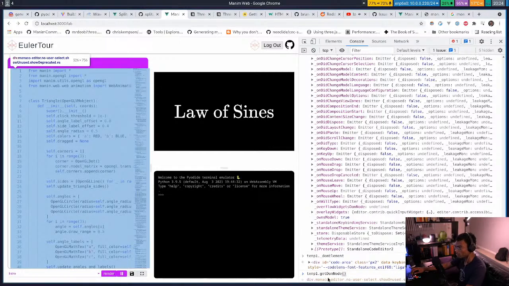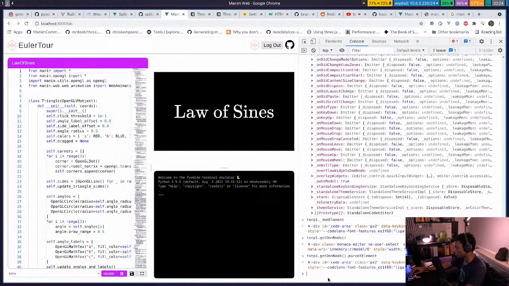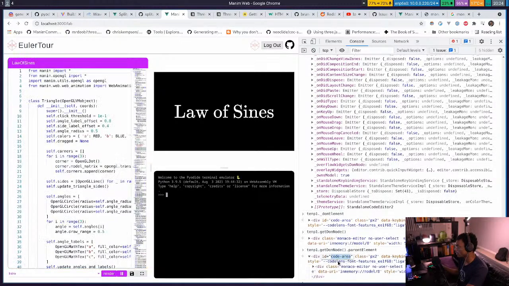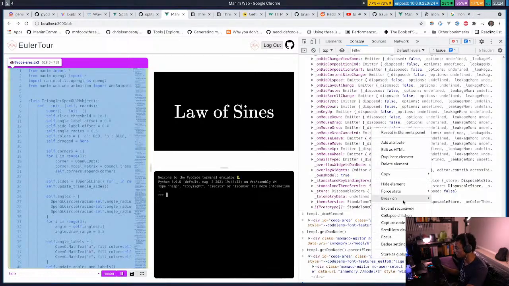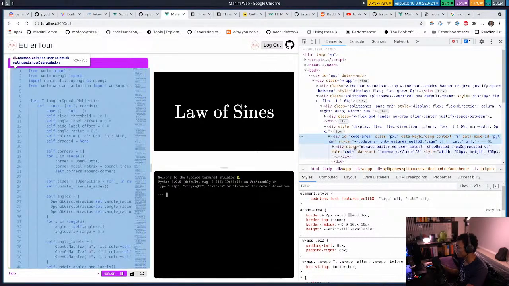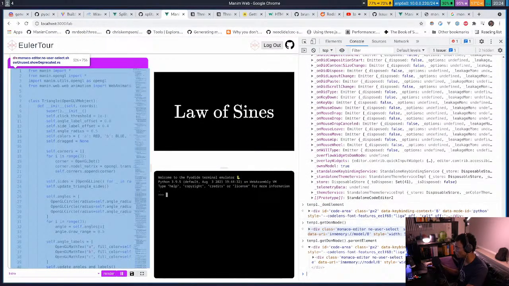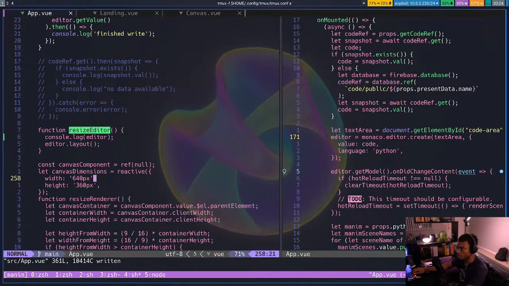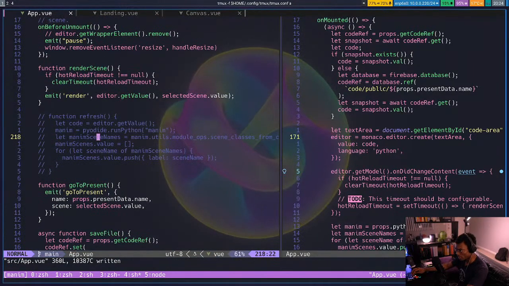Get DOM node? Parent element. Okay. Maybe that's what I want to do. So if I, come on. I don't want to remove this, the code area. Okay, so maybe it is that simple. Maybe it's just